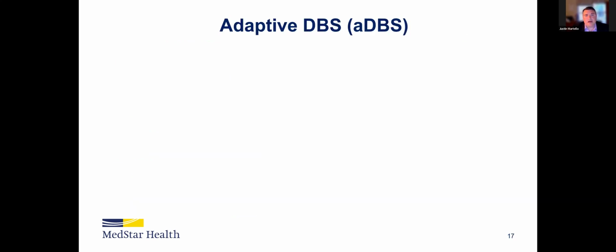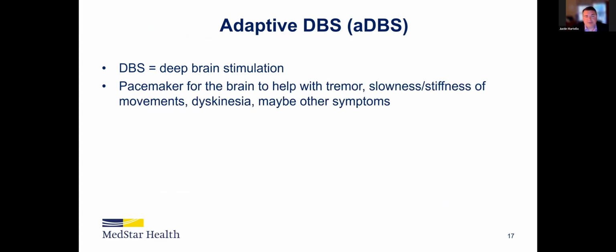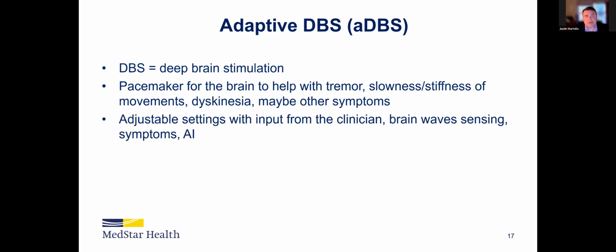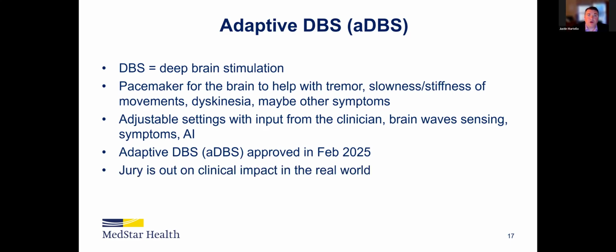A couple other quick things. There is something called adaptive DBS now. DBS is just deep brain stimulation. It's one of the technologies we have for advanced therapies, especially for tremors, but other kinds of motor fluctuations. DBS is just kind of a pacemaker to the brain to help with the different physical symptoms of Parkinson's. Now with the newer technologies that use brain sensing and AI, it can adjust the levels in your brain for how strong the stimulation is based off how your symptoms are doing throughout the day. This was approved a little over a year ago. I think the jury's still out for how well it can help in the future,